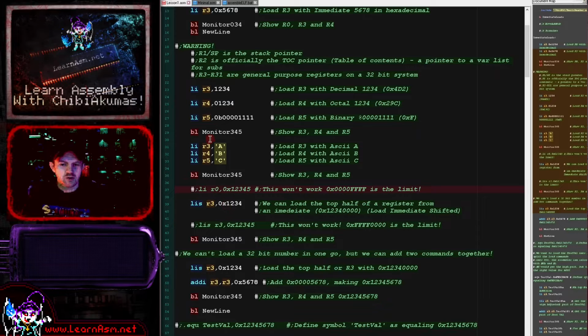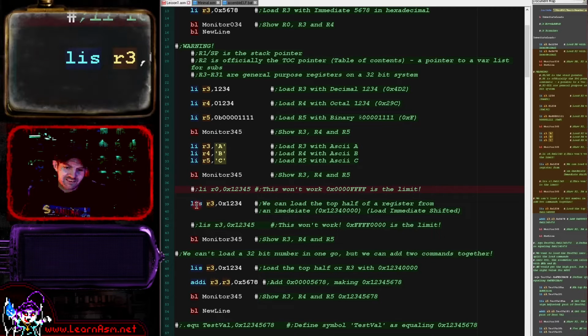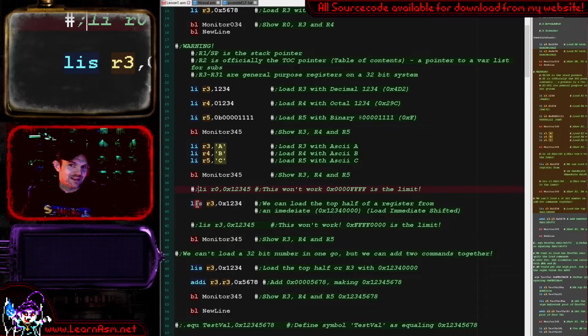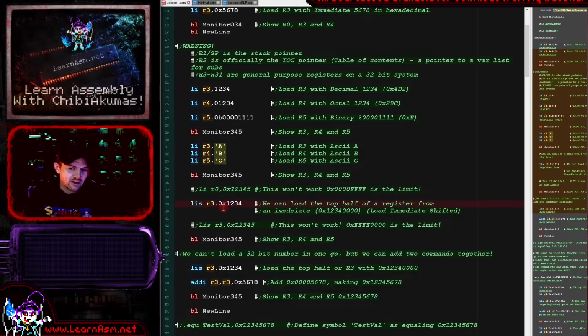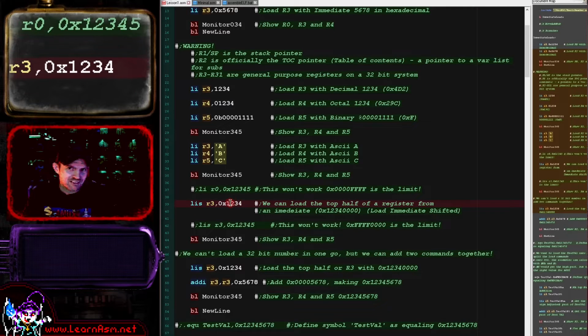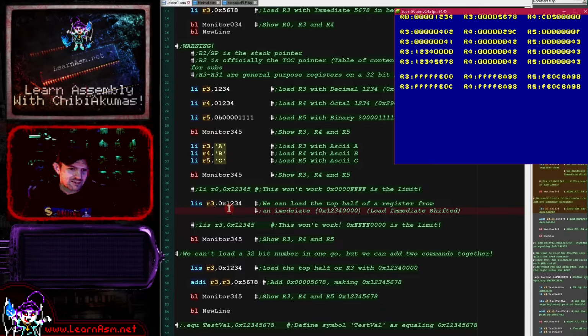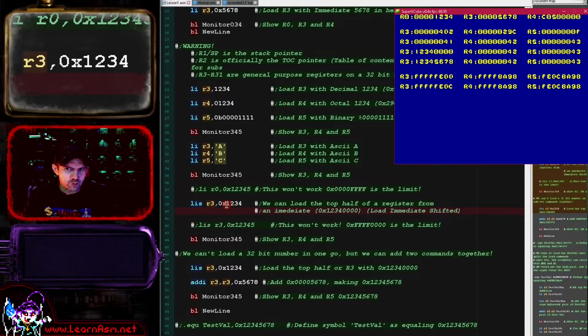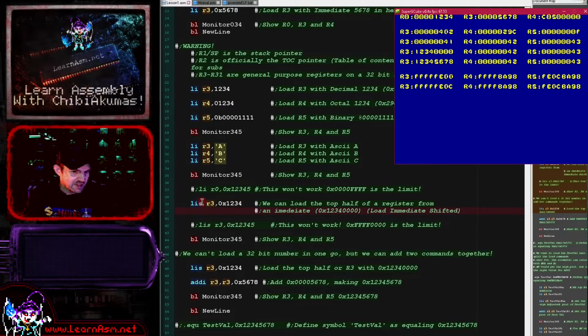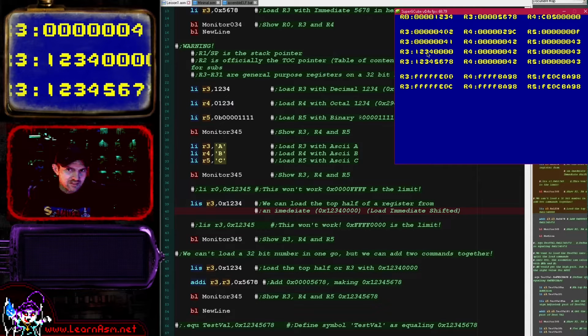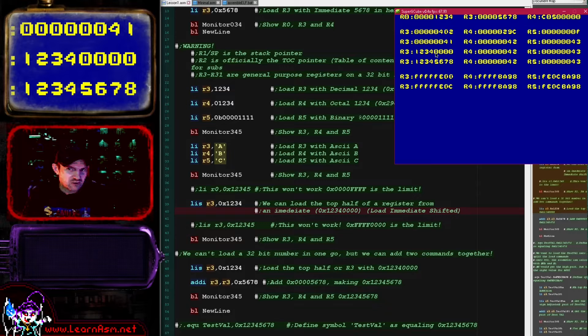We have a special command, not li. It's in fact lis, load immediate shifted. And shifted in this case means shifted to the top half of the register, shifted left by 16 bits. So we're going to load R3 with this value here, but it's not going to come out quite as we expected. So we've loaded 1, 2, 3, 4 with lis into R3, and here's the result of that. The 1, 2, 3, 4 has been shifted into the top half of the register,